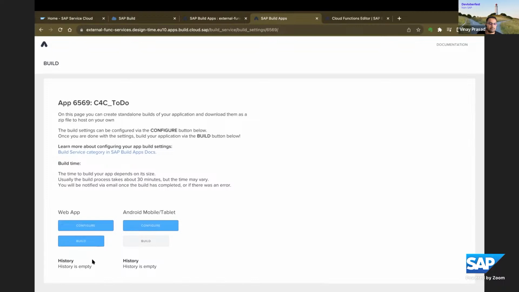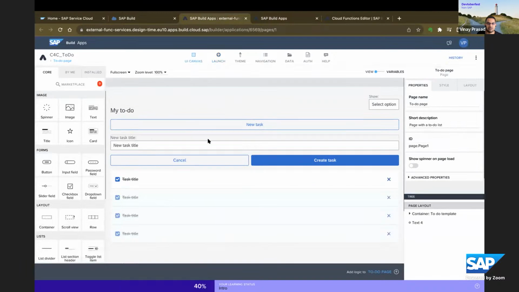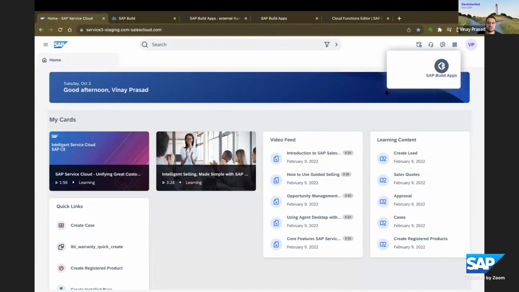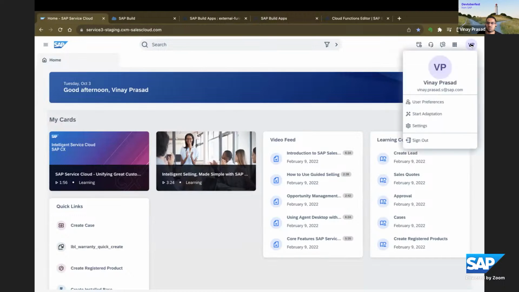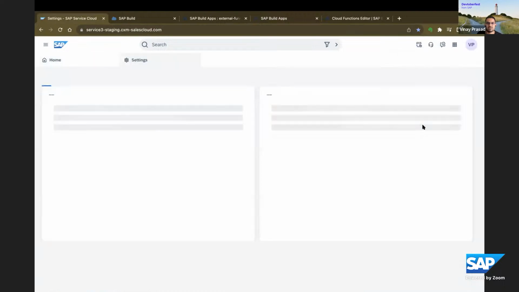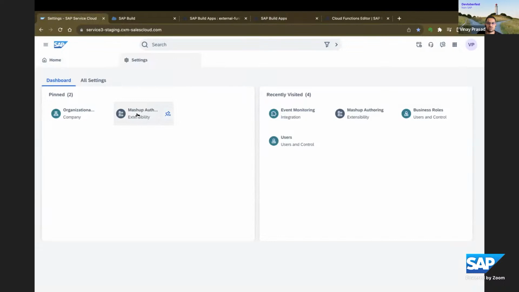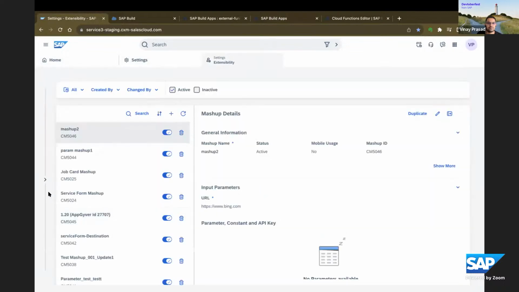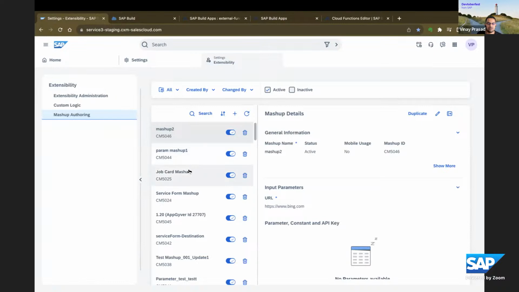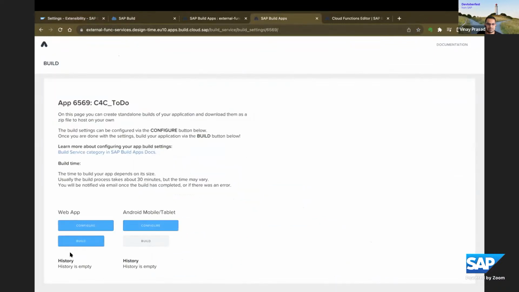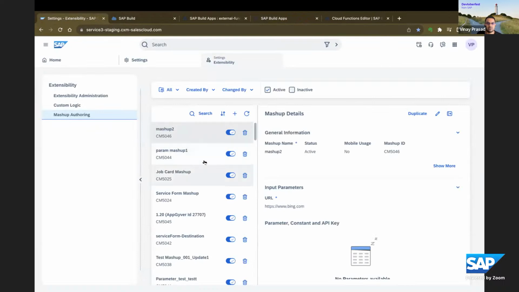And then what happens is when you click on deploy, you will see the application that you have developed here within the Service Cloud V2 or the Sales Cloud V2. So where do you see? If you go to profile, settings and choose mashup authoring, right? So here, once you have deployed from the build apps, here you will see your